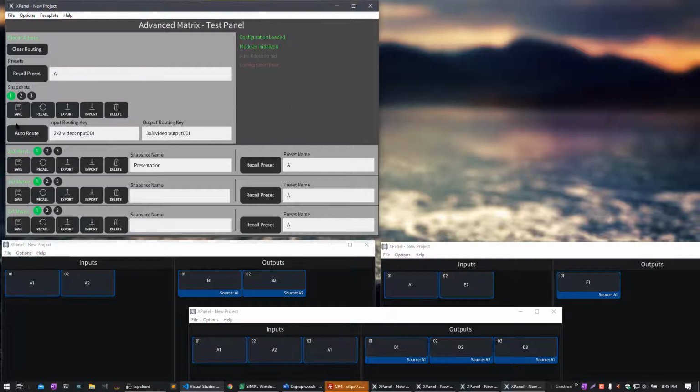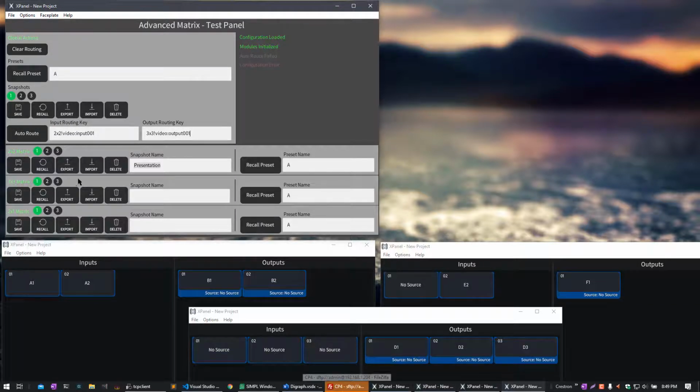If they were to overwrite a snapshot, so that say if they, for example, they wanted this to be nothing, they can save over top of it, and that name won't change. It'll stay as the name that existed before, as long as there was a previously existing snapshot in that slot with a predefined name. So you can see here, since we saved a completely cleared state of all three devices,